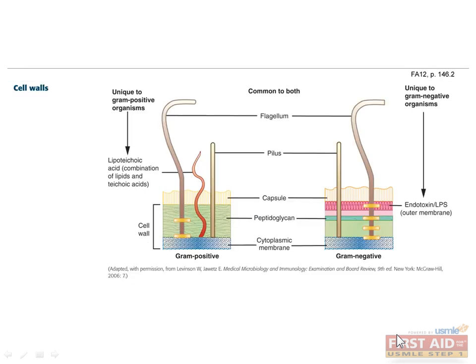There are some key differences between the cell wall structures of gram-positive and gram-negative organisms. Gram-positive organisms have thicker cell walls, composed of a high amount of peptidoglycan and lipoteichoic acids, a combination of lipids and teichoic acids. These characteristics are useful in distinguishing bacterial serotypes, promoting bacterial interaction with human cell receptors, and initiating